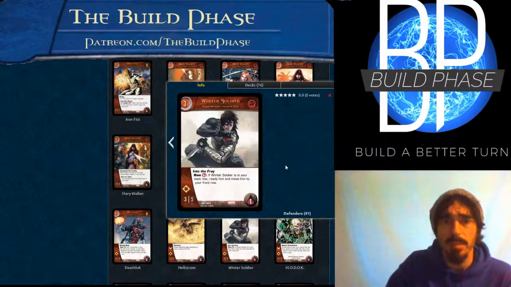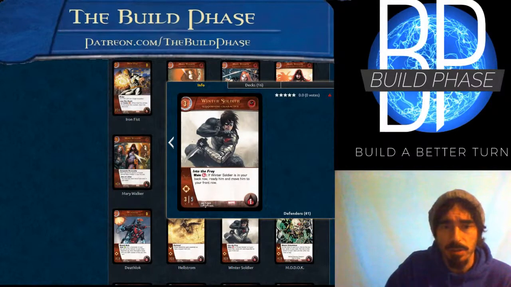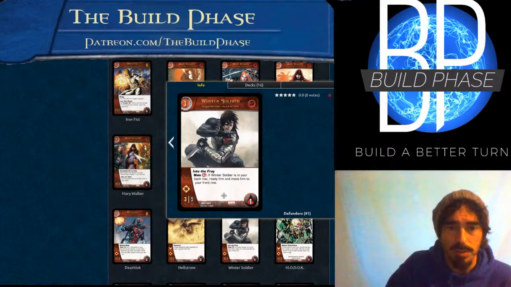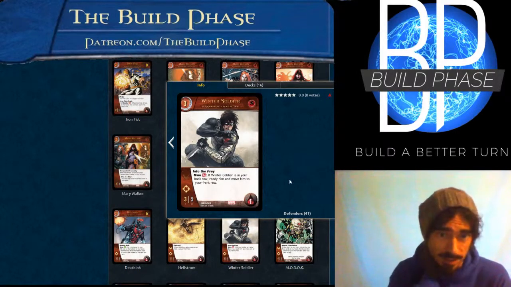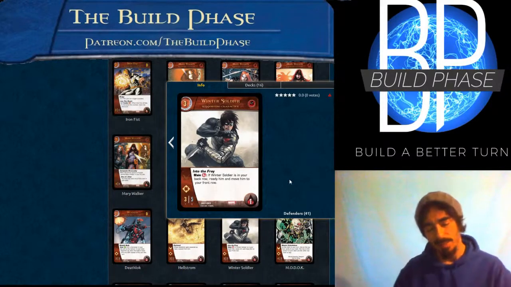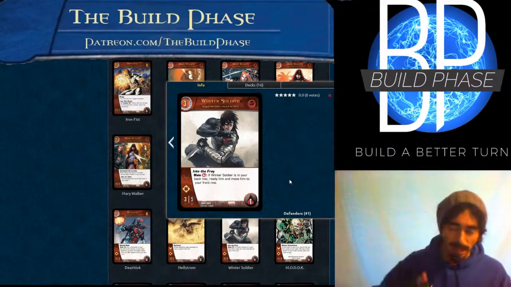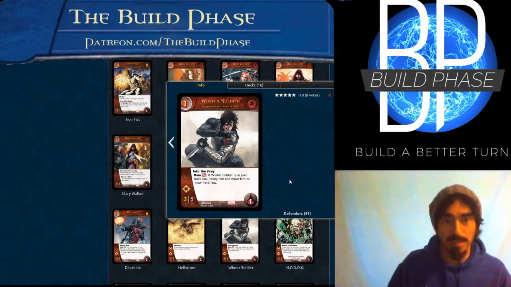Not amazing, but playable. Winter Soldier, Underworld affiliated, range 3/5/1. If you pay a red, Winter Soldier is in your back row, ready him and move him to your front row. So you can get 2 attacks out of this guy. The problem is his stats. I wish his stats were like a 5/3, because you could get a nice ranged attack, then you pay the red, you move him up front, and then you get a melee attack, and you get 2 good big attacks